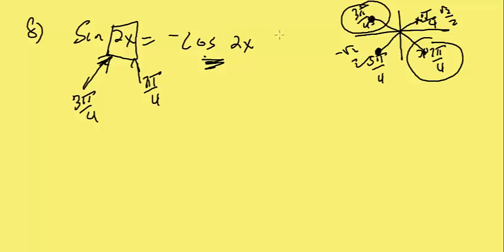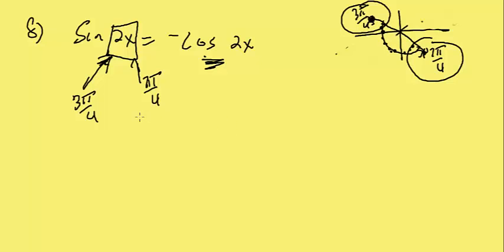Now I don't have to worry about this, so let me erase that. What I have here is the difference between here and here is just a pi difference. So I don't necessarily have to write that as 2n pi. I can write that as just n pi, because that's a straight line. That's just 1 pi